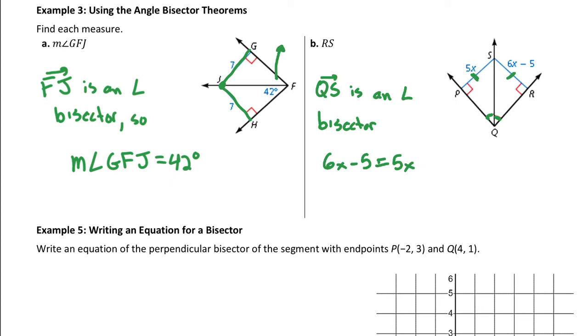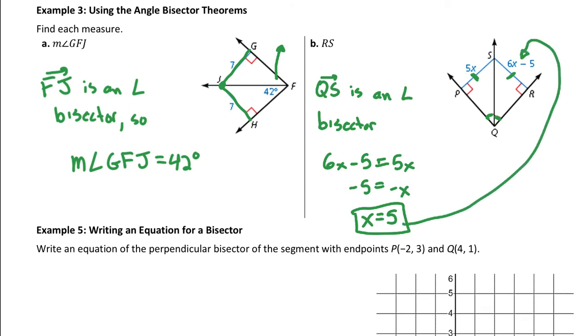So to solve this, I would subtract 6x from both sides, leaving me with negative 5 equals negative x, making x equal to 5. Now that doesn't give me the answer, but it helps me find the answer. RS or SR, I would substitute 5 in for x. So that would be 6 times 5, which is 30. 30 minus 5 is 25. So RS is 25. So it's being able to know what you can assume is congruent to what in a